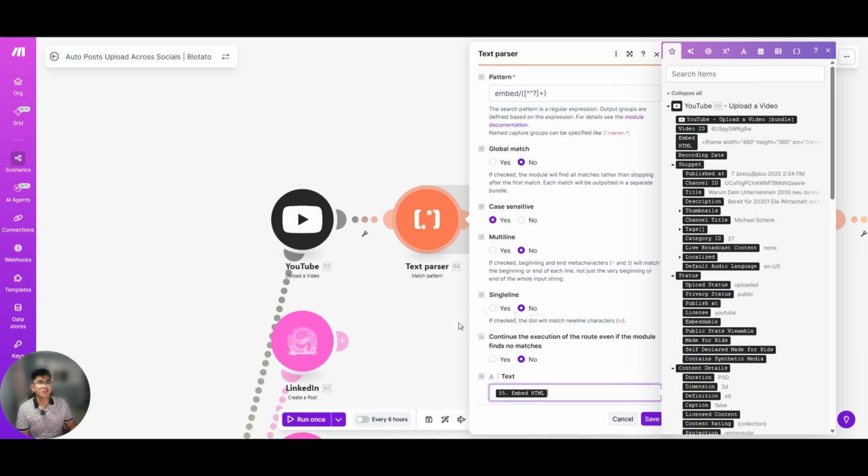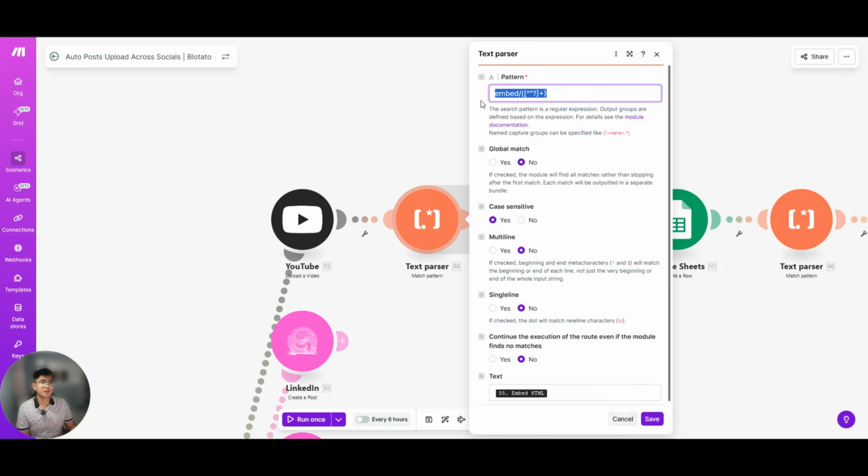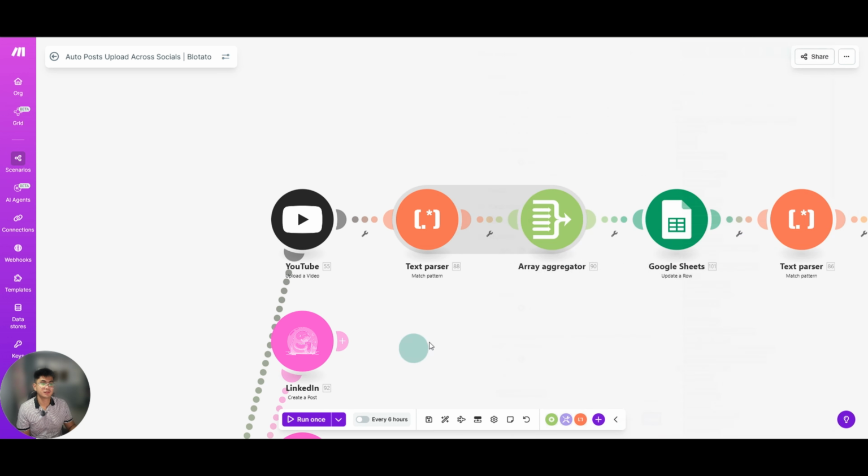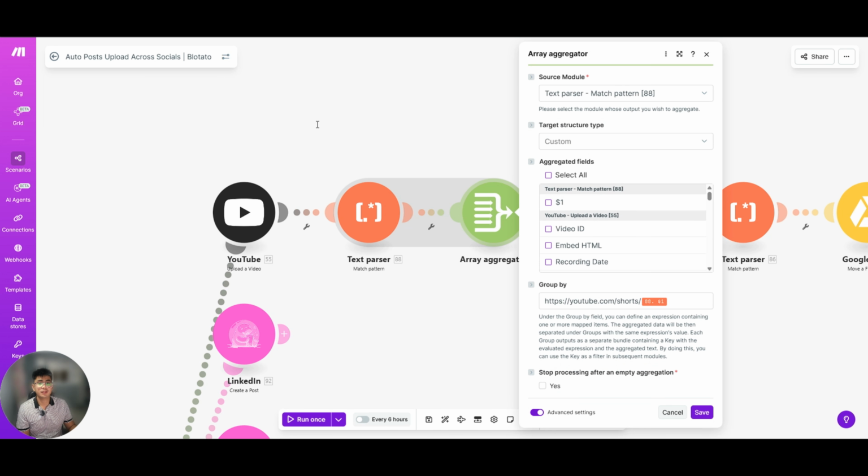So I use this text parser to extract the Shorts video ID from the embed HTML. I use this pattern and input the embed HTML variable here from this YouTube upload a video. And then this array aggregator rebuilds it into a one-click youtube.com/shorts/ URL link.